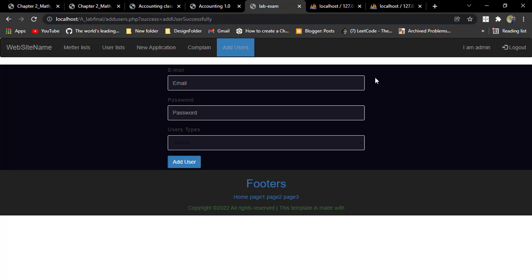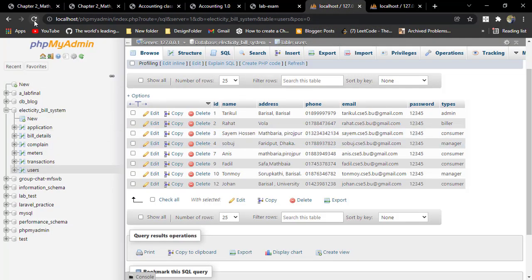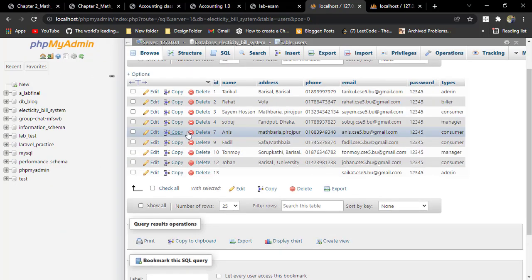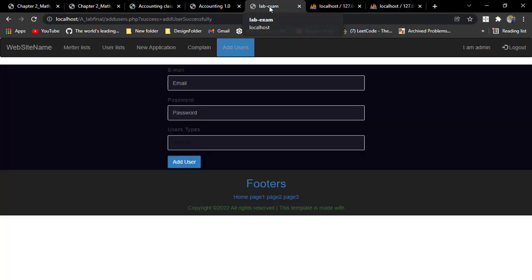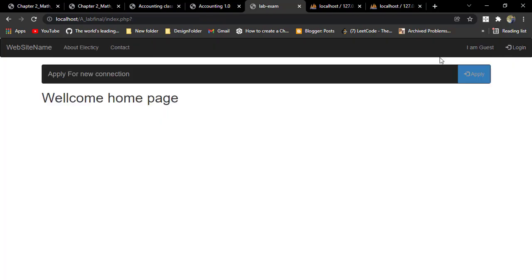Okay, the user is added in the user table. Now we refresh the user table and we see the new user. The new user logs in with email name and password and type admin. Then we log out of the admin panel.